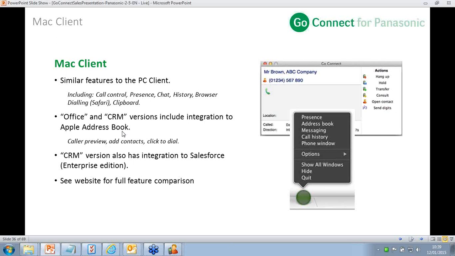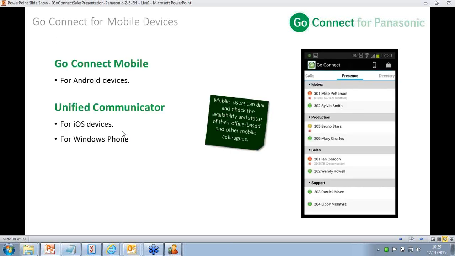There is a web page on the website that gives you a comparison between the Mac and the PC client. On the mobile side, again, not enough time to really go into this in too much detail today, but just a reminder, in case you haven't seen this for a while, there are three versions now for Android, iOS, and Windows Phone. We call the iOS and Windows Phone version Unified Communicator, and the Android version is called GoConnect Mobile, although from